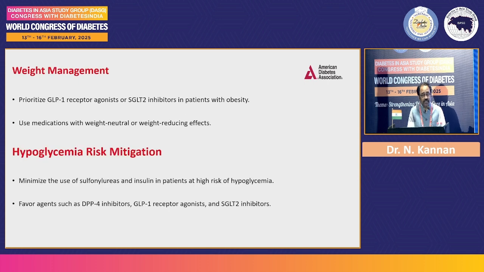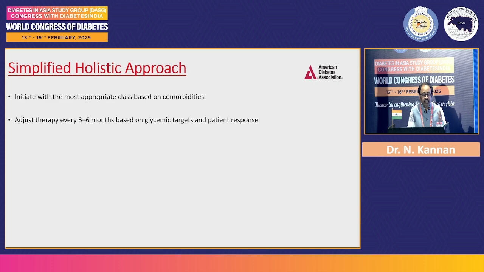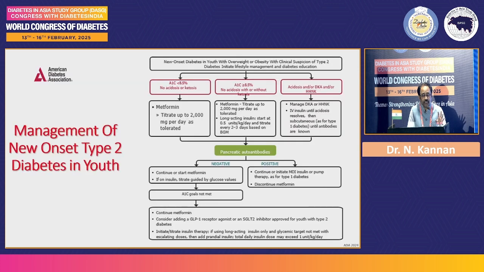Weight management, once again, is very important. We have utilized modern molecules, insulin analogs and GLP-1 analogs, and we have used weight neutral molecules. Hypoglycemia risk reduction is very, very important. Hypoglycemia may increase the burden of both glycemic variability and cardiovascular complications, including ventricular arrhythmia and ventricular tachycardia. The holistic approach is very traditional, but we want to implement the right treatment for the right patient to prevent complications, both macrovascular and microvascular.